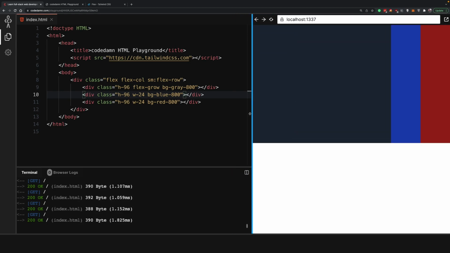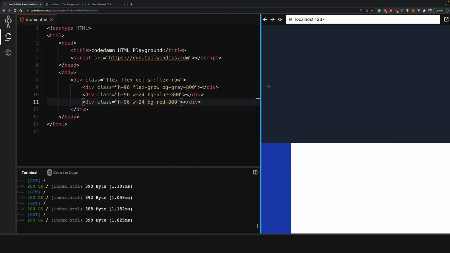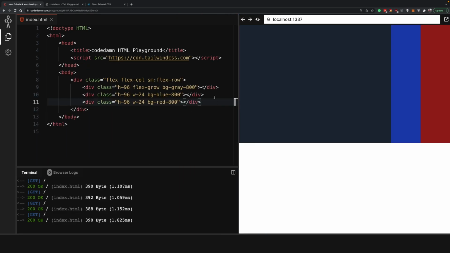But yeah, that's pretty much it, how you can get started with Flexbox and with flex in general with Tailwind. All you have to do is understand which class is doing what sort of trigger. So flex triggers display flex, flex column triggers the direction. Then with responsiveness combined, you can change the direction. Then flex grow, flex shrink, flex-1, all sorts of things can help you trigger various kinds of layout in your file without even changing any external